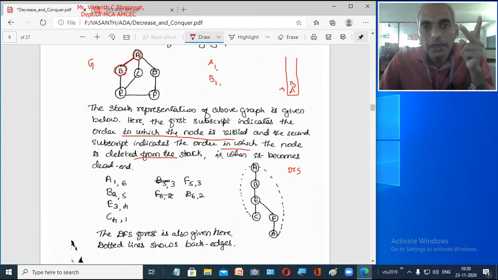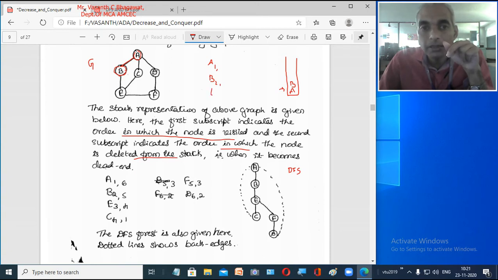But you see here, A is already present in our stack. A is already visited and marked as visited. The algorithm says that you take the adjacent nodes which are not visited. Now E is not visited till now. So the next node which you are going to is node E.